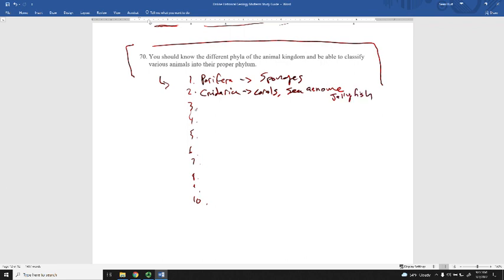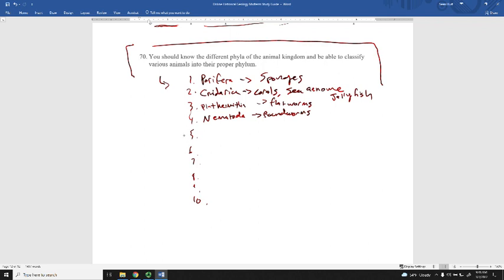The next are some that you don't really need to know as much, like Platyhelminthes. The reason you don't really need to know those is that you maybe know they exist. These are things like flatworms. They're not very important for us because they're rarely preserved in the rock record. There's also Nematoda, which are roundworms. Again, same thing as flatworms. They're important evolutionarily speaking, but we just don't see them in the rock record because they don't have hard parts